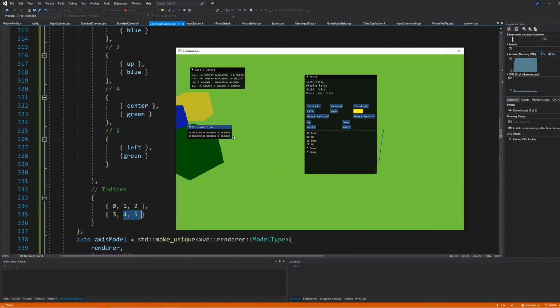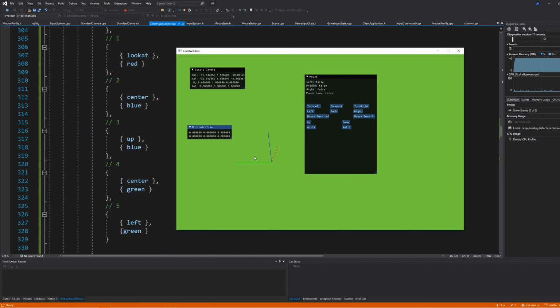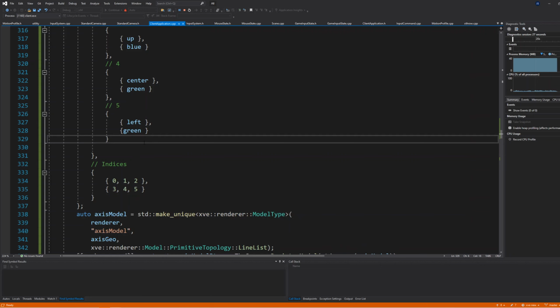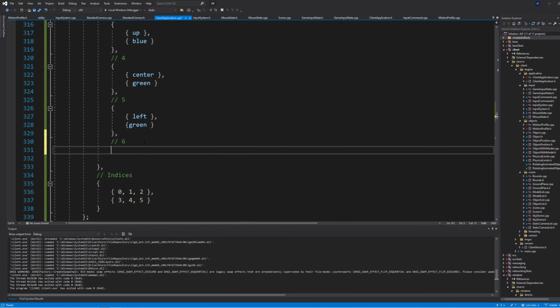Let's just zoom out of it, move across. So we've got red, just here, red, center to forward or center to look at. Then we've got blue, which is center to up. And then we've got the green, which is literally center to left. It's gone left. So if we want to do right, kill the application a moment, and we do 6, which